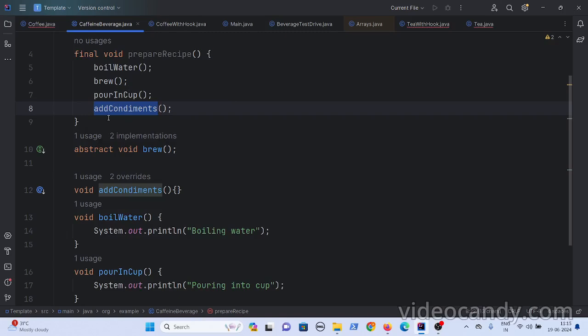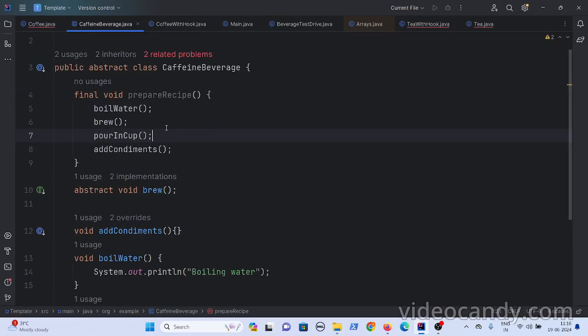Because this is an optional step. Condiments can be added or not added, but if people are adding condiments, it has to be added at the end. So that's why you declare this method in the prepare recipe, because people might want to add condiments or might not.